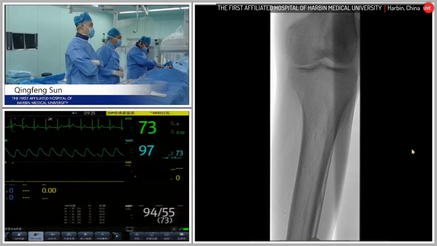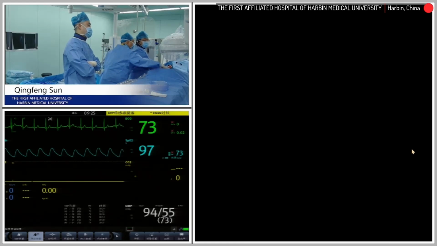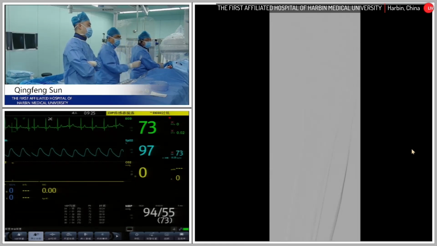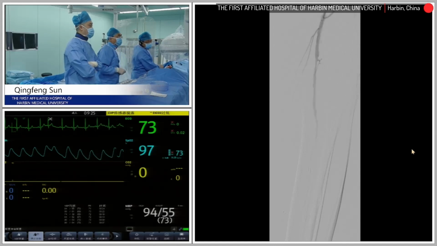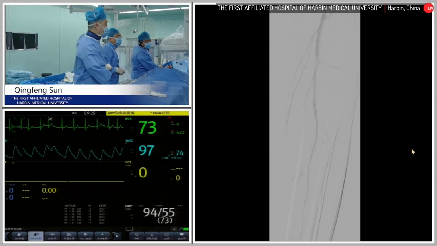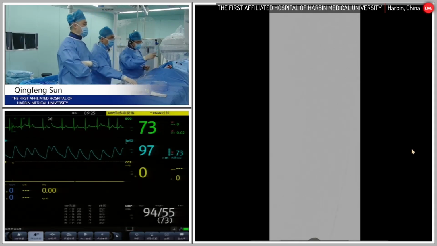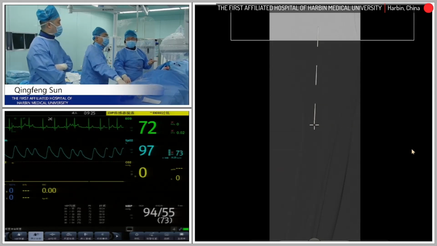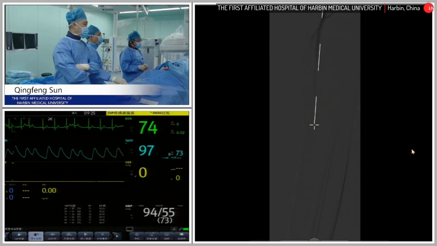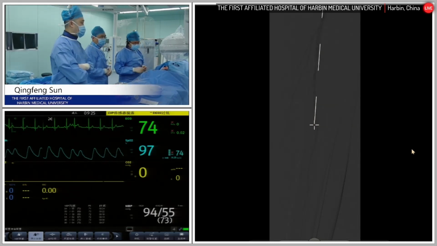Let's see the popliteal. Oh, I think so, right? It's okay. The collateral is actually doing a good job. Yeah, I think it's good for the rest pain. It's definitely enough for the rest pain, and we are avoiding